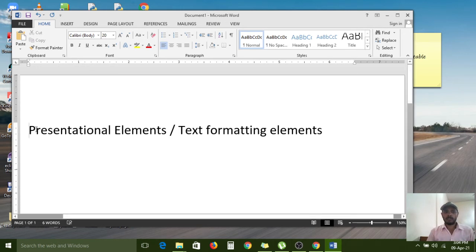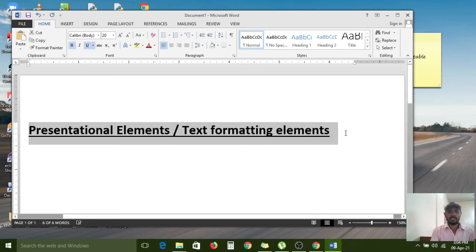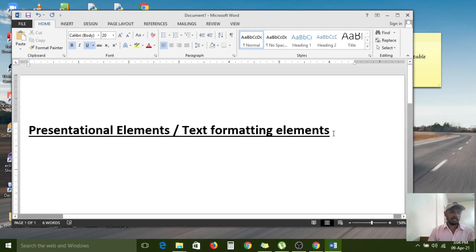Presentation elements are also called text formatting elements. What are they? Bold tag, big, bold, italic, and same, these are pirate tags. These are pirate tags.